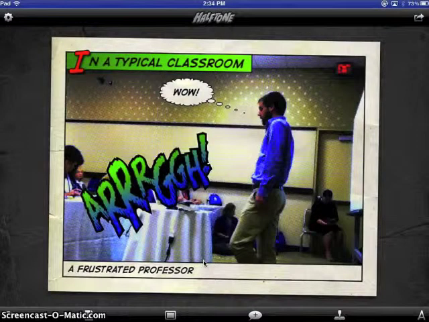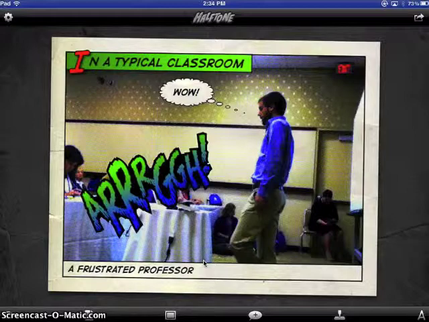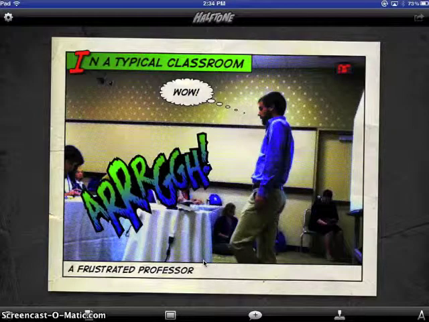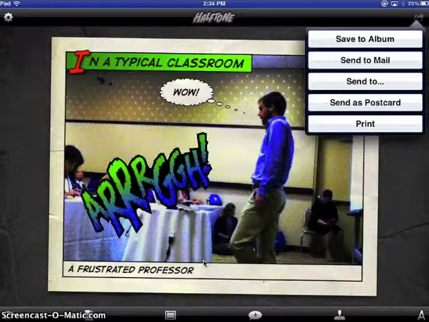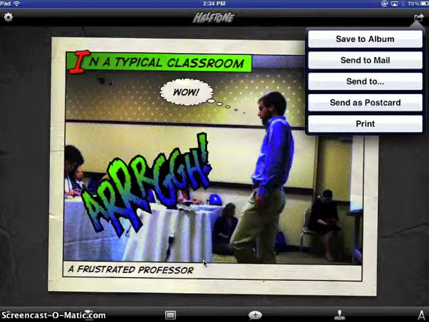All right, so you've done all of your work. This is your fabulous comic cell and you're ready to send it on to your teammate. All you'll need to do is, in the upper right hand corner, you'll see your send to icon. You should be familiar with this by now. So I'm going to tap on it, and what I would recommend you do is save this to your album. What that's going to do is save a copy of it into your camera roll